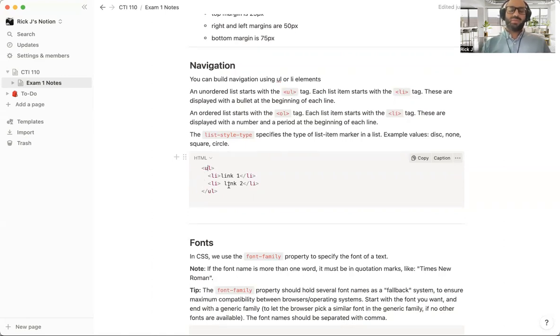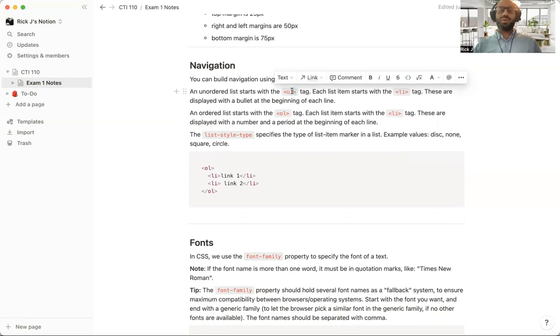Now an ordered list, OL, implies that there is an order, that link 1 needs to come before link 2. So when the browser displays it, it's going to display numbers. It'll look like 1 dot link 1 and 2 dot link 2. And so I believe we used unordered lists in our band concert project, and so that's why you had bullets